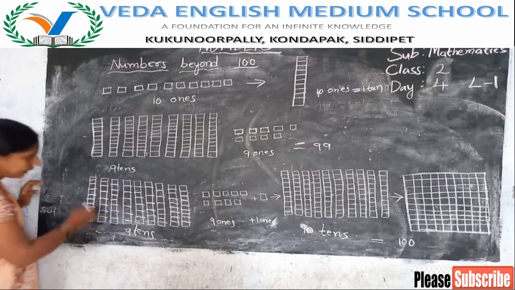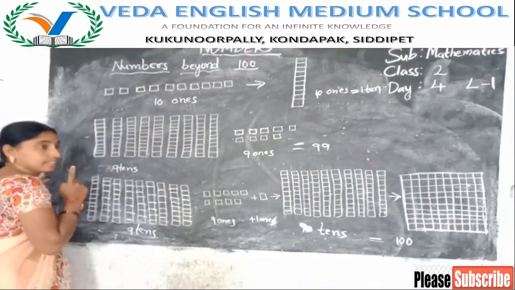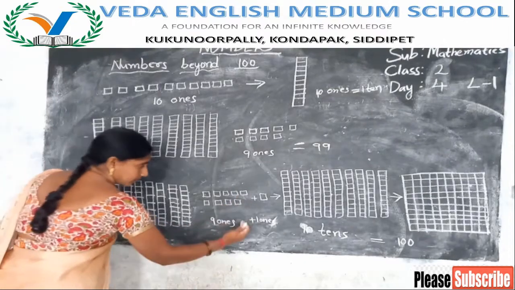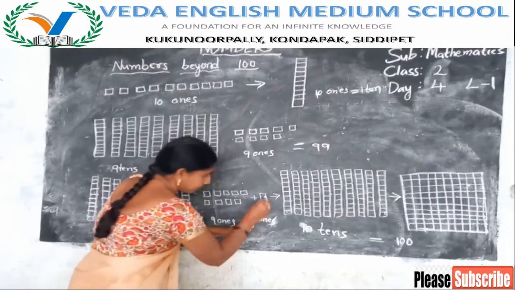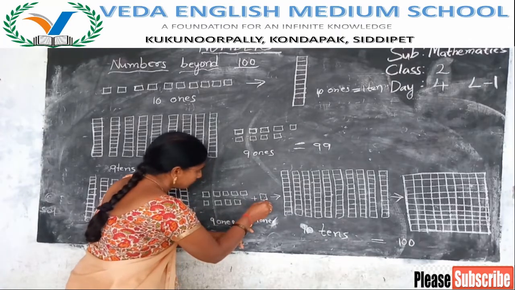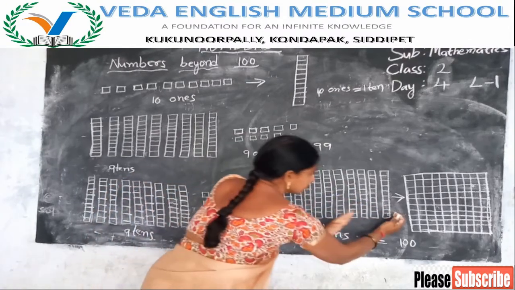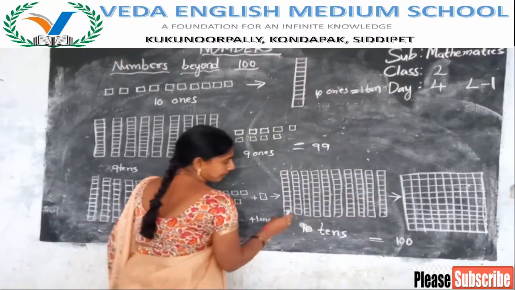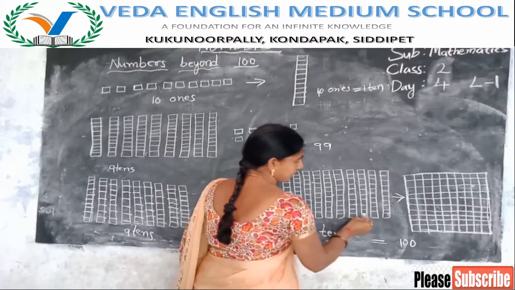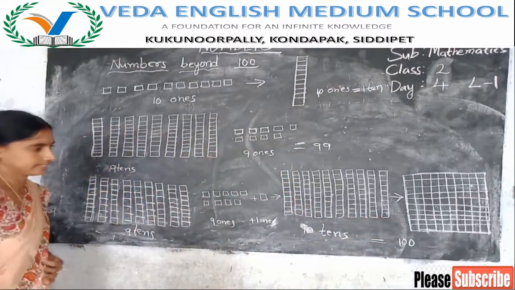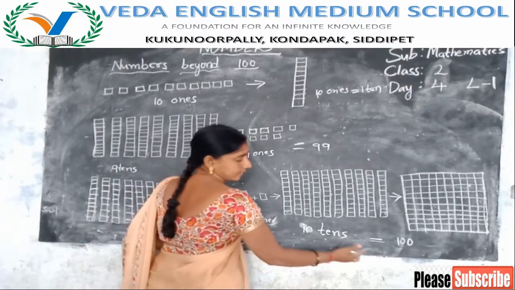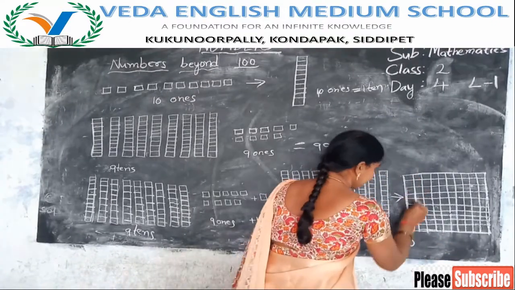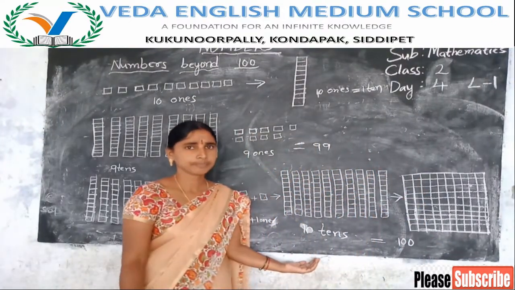Now when adding here 1 box, that means 9 ones plus 1 one equals 1 sheet. Just make it 1 sheet like this. Totally here 10 sheets. 1, 2, 3, 4, 5, 6, 7, 8, 9, 10. 10 tens. 10 tens equal to 100. Like this, make it 1 sheet total. Here 10 boxes. Okay, understood, Nana?